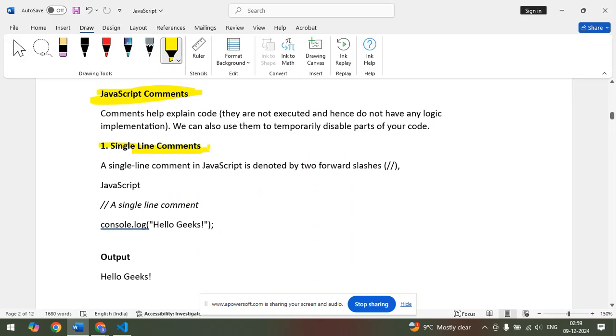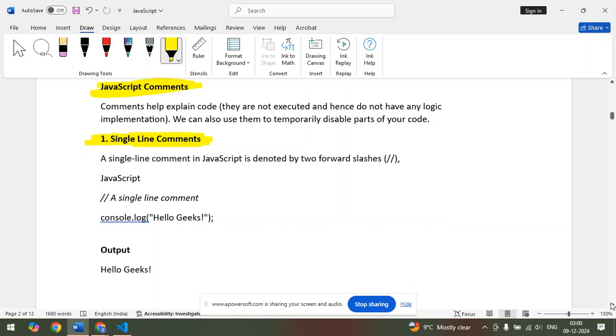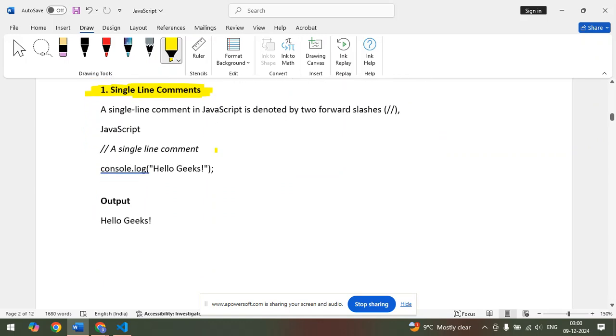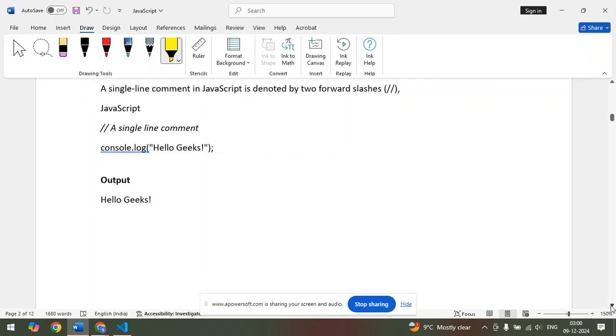We have single line comments. Okay. So the comments which we put using a single line, these are single line comments. And next, for example, this is a single line comment. And next we have another one, which is